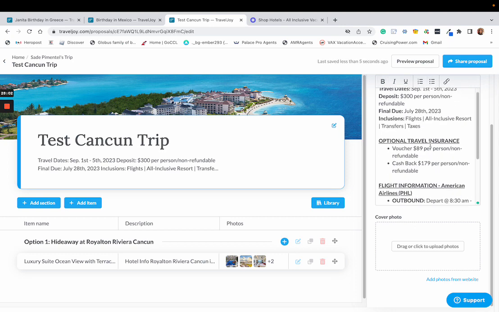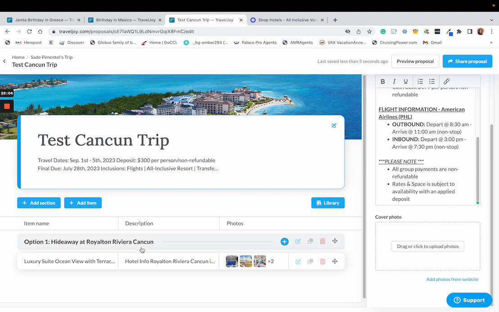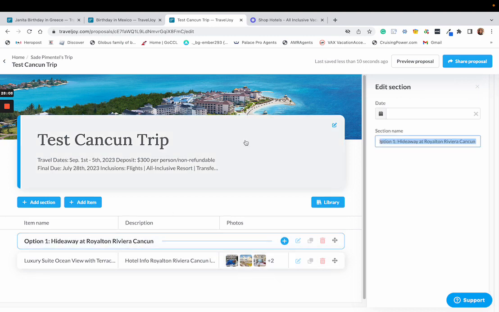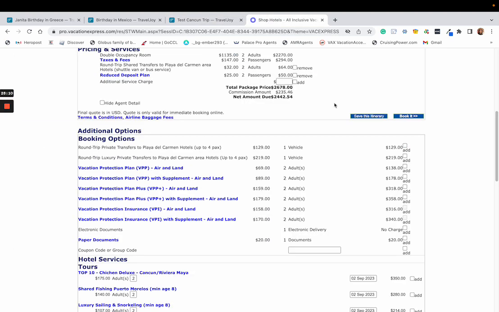So that's good to have those terms and conditions in there. Now let's get back to how we like to display our pricing. In the pricing, we know that this trip is going to be $26.79. I find that it goes over better when you speak in per person terms versus the overall cost of the trip. So $26.78 will give you